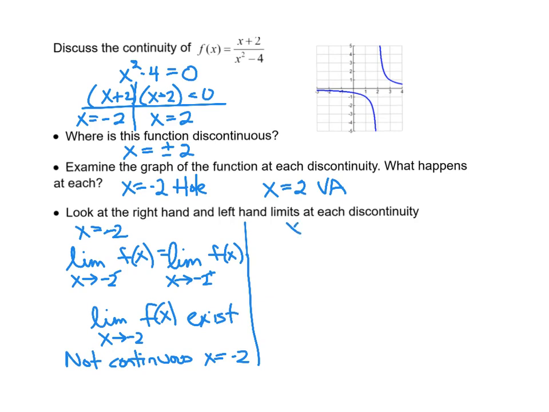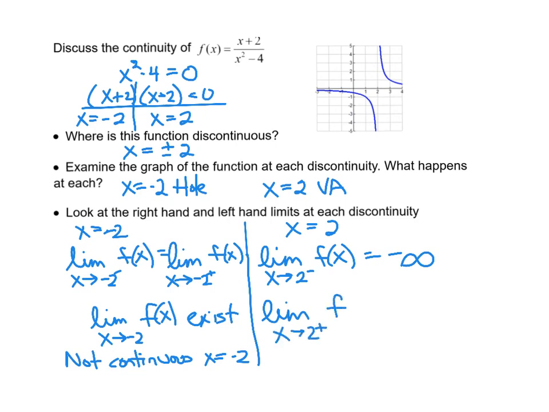At x equals positive 2, we've got a completely different situation. We see that when we take the limit as x approaches positive 2 from the left of this function, and again, look carefully, as I'm approaching 2 from the left, I see that my graph is going to negative infinity. So I'm going to say negative infinity. As I approach 2 from the right side of this function,